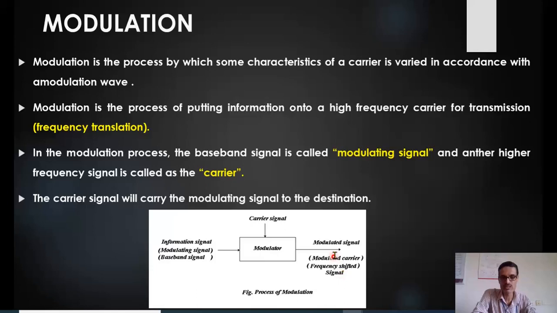Or we call this a frequency shifted signal, because in this process of modulation we are converting this low frequency baseband signal or the information signal into a high frequency carrier signal. So some kind of frequency translation actually happens. That means a low frequency signal is changed into a high frequency carrier signal. The carrier is called a carrier because it is used to carry the message to the destination. Now, what is the advantage of converting a low frequency signal into a high frequency carrier by changing the amplitude or the frequency or the phase continuously depending on the amplitude of the information signal? That we will understand in the next slide.